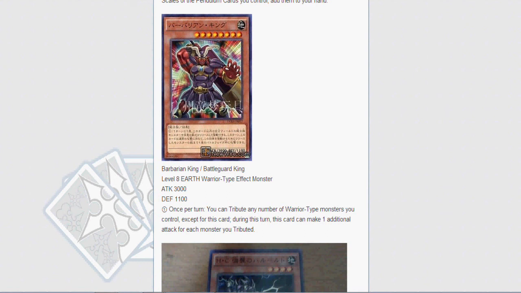Level 8 Earth, 3000 attack, 1100 defense. Once per turn, you can tribute any number of warrior-type monsters you control except this card. During this turn, this card can make 1 additional attack for each monster you tributed. Ooh. I think this could be good in the future if they give you an easier way to summon him. But right now, you can only tribute summon him, so...